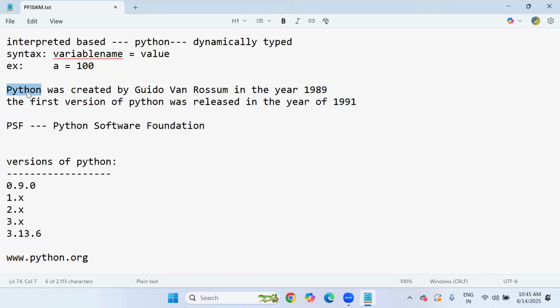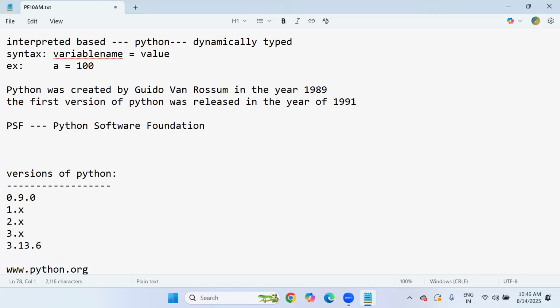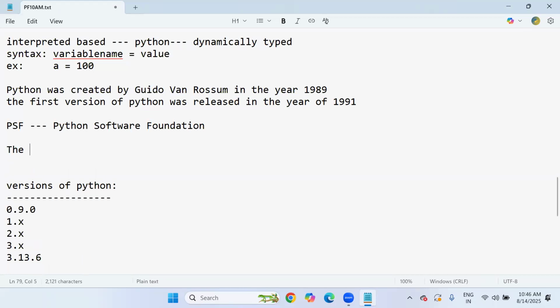From where it is derived, from where it is inspired. The author Guido van Rossum is a fan of a TV show. That's what inspired the author, and he gave the working title to his programming language, Python. The TV show is called the Monty Python Circus Show, a famous TV show which was broadcast on the BBC